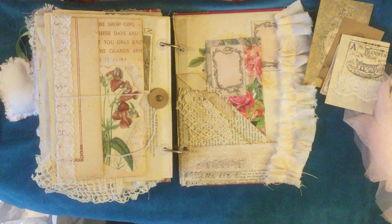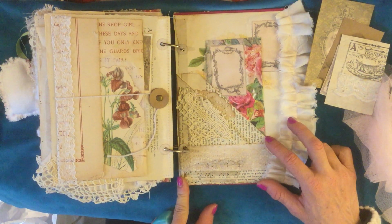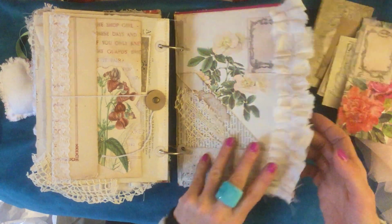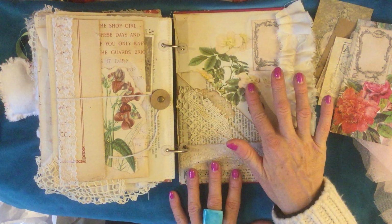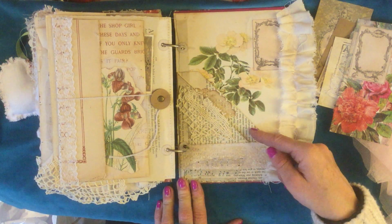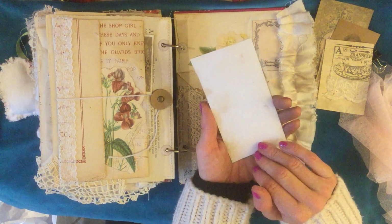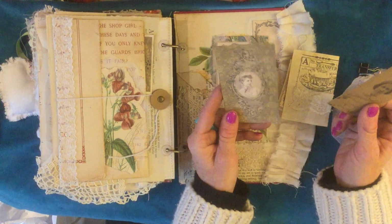Okay, so going on to the inside of the back cover, what I've done, I just popped on one of my pockets that I did a tutorial for. This is made from some book page rather than A4 paper. So I've lined the inside of this hardback cover with some of the vintage flower book page with this gorgeous image, one of Rachel's labels onto some net, vintage fabric ruffle, sorry, the vintage book page making this pocket. So you've got some doily on here and you've got some lace trim. Just did a little tag there with one of Rachel's labels, and it's obviously just plain on the back for journaling. That just goes in the back there, and then I just included a journaling card there,